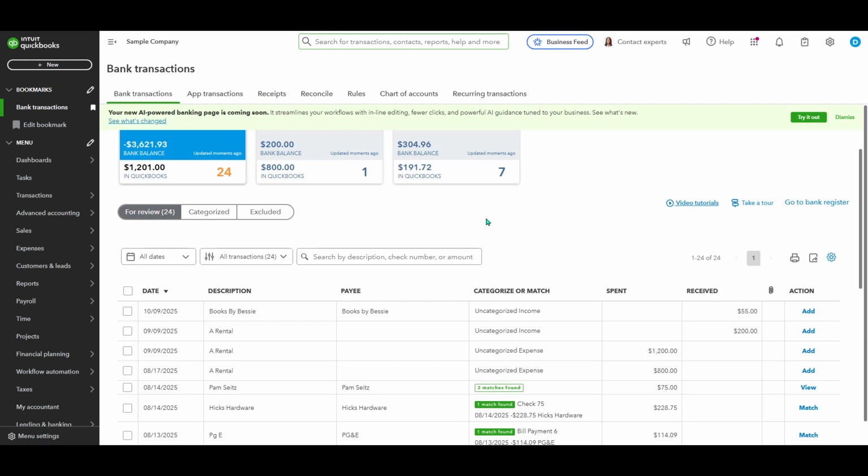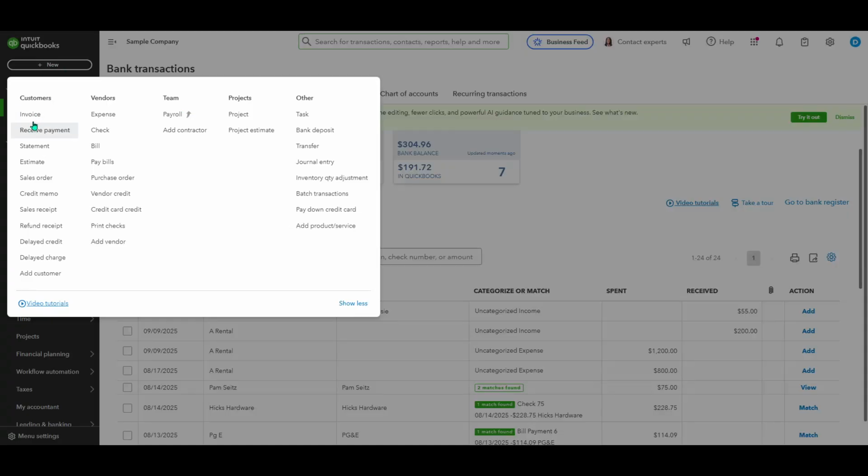To begin, let's create a new invoice. Head over to the top left corner of your QuickBooks interface and click on the New button. From there, you'll want to select Invoice. This will open up a new window where you can start drafting your invoice with all the necessary details for